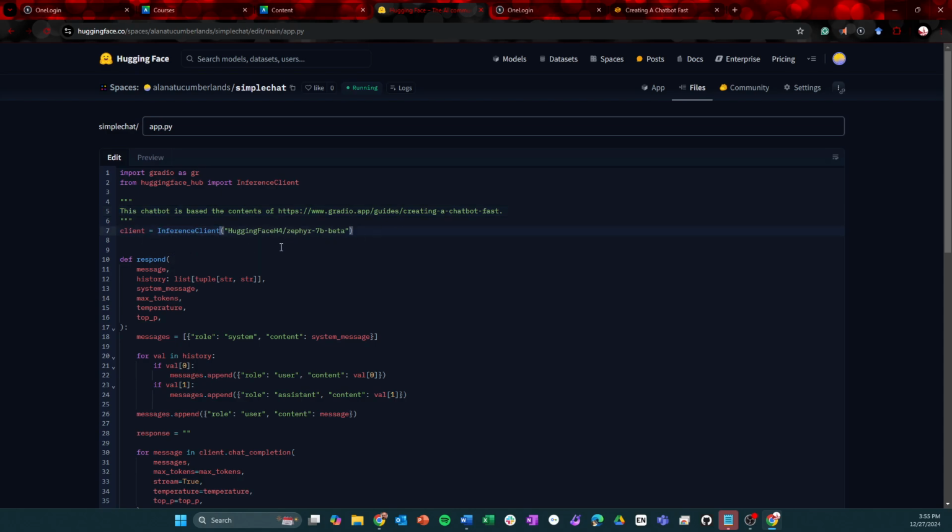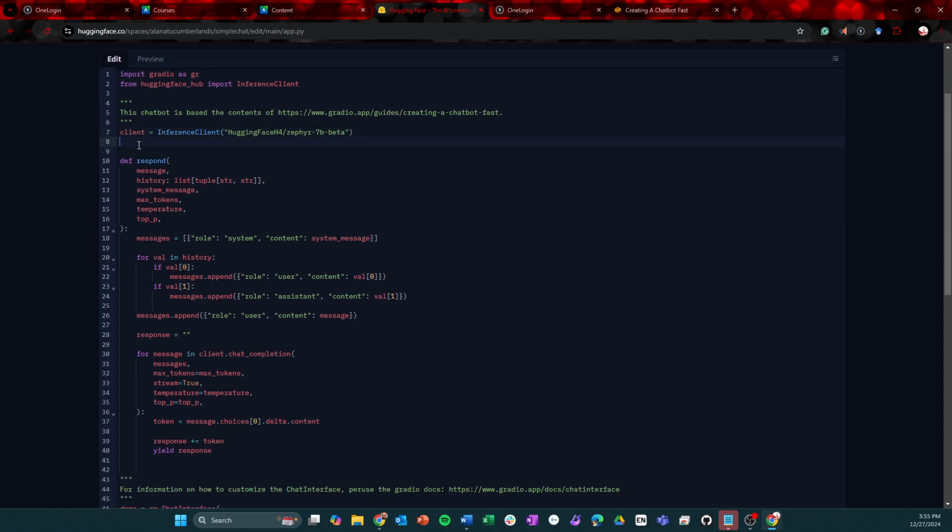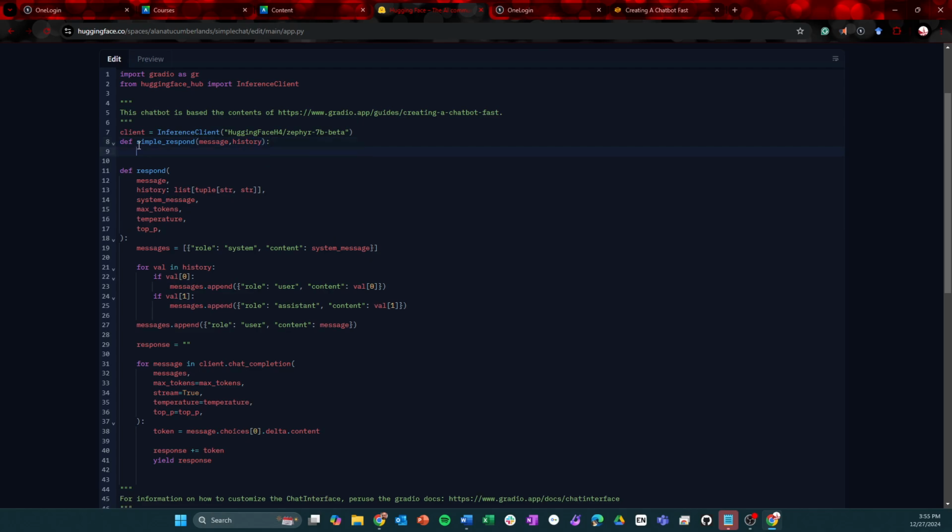This whole thing we don't care a whole lot about as well, but we do care about this function that does a response. And we're going to call this a simple respond that takes a message and history. And then in this case, all it's going to do is return